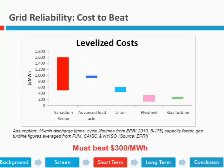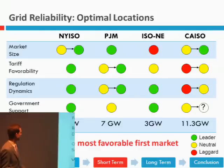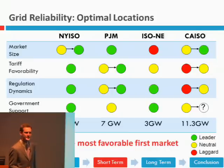Thanks, Maria. So now that we know the key performance and cost targets that our research team is going to need in moving forward and further developing this battery, the question then becomes where should they implement the battery to take advantage of the grid reliability market. The question of geography is really important because different regional grids have different rules for grid reliability services. And so what we've done here is compared 4 different regional grids based upon 5 different metrics, and I'm going to save you the detailed comparison of them and pull out the takeaway from this slide,